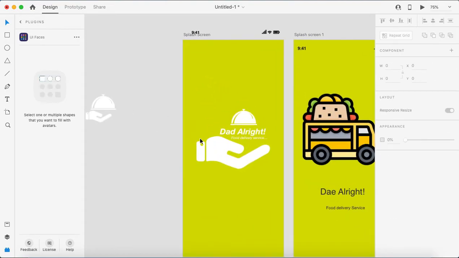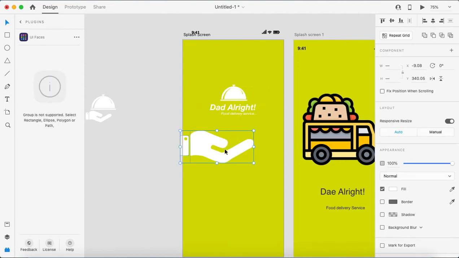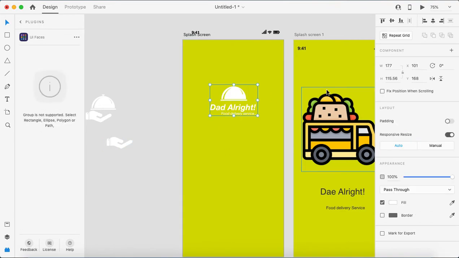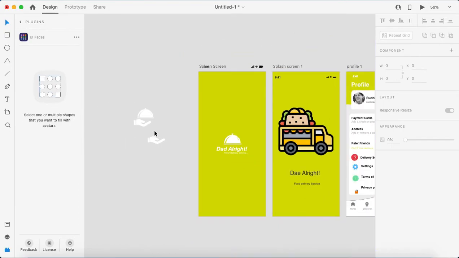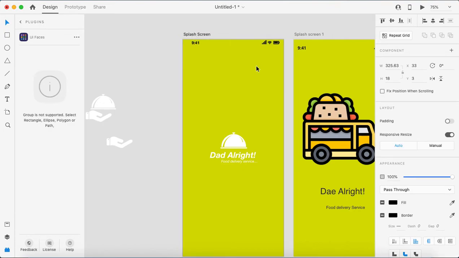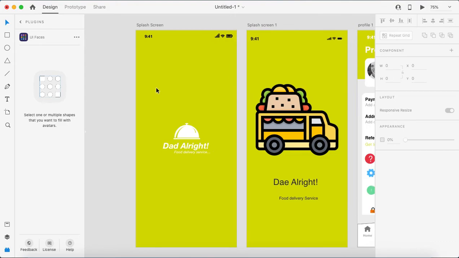Okay, no, it's not looking good. Remove, delete. Control Z, Control Z, Control Z, Control Z, Control Z, and I'll make it in a center. Okay, and then we need to keep this one. So how many shifts did we make it in the top? 5 shift. So we'll make it 5 shift down. 1, 2, 3, 4, and 5. That's perfect. This is done. Our splash screen is done.